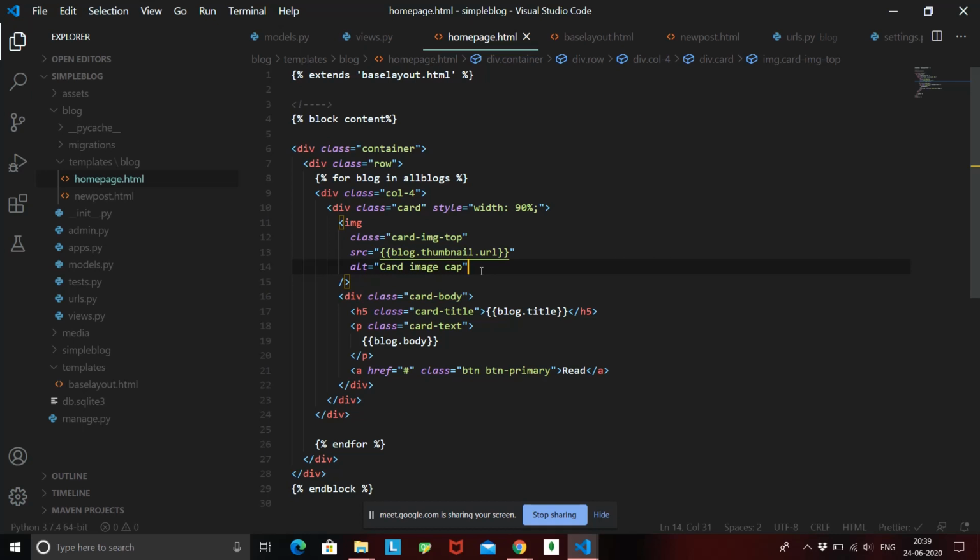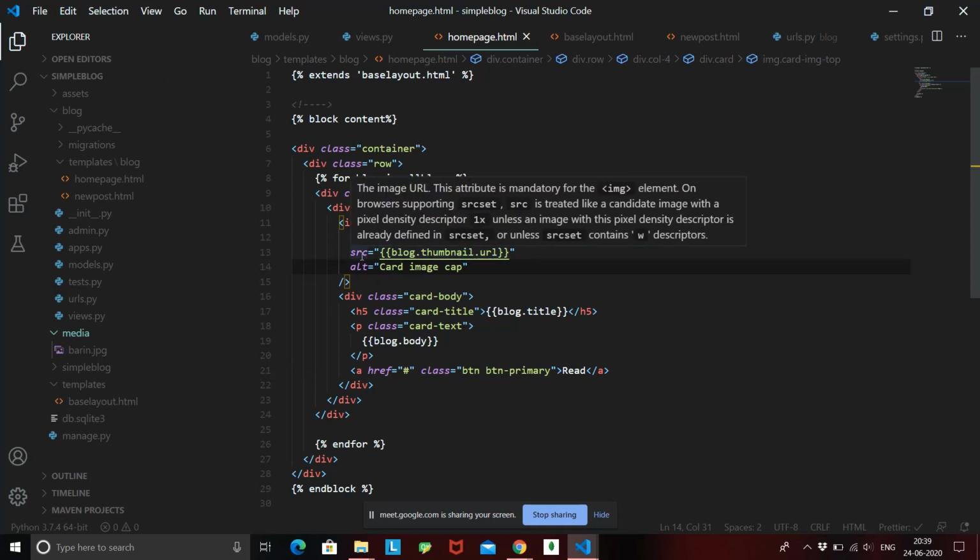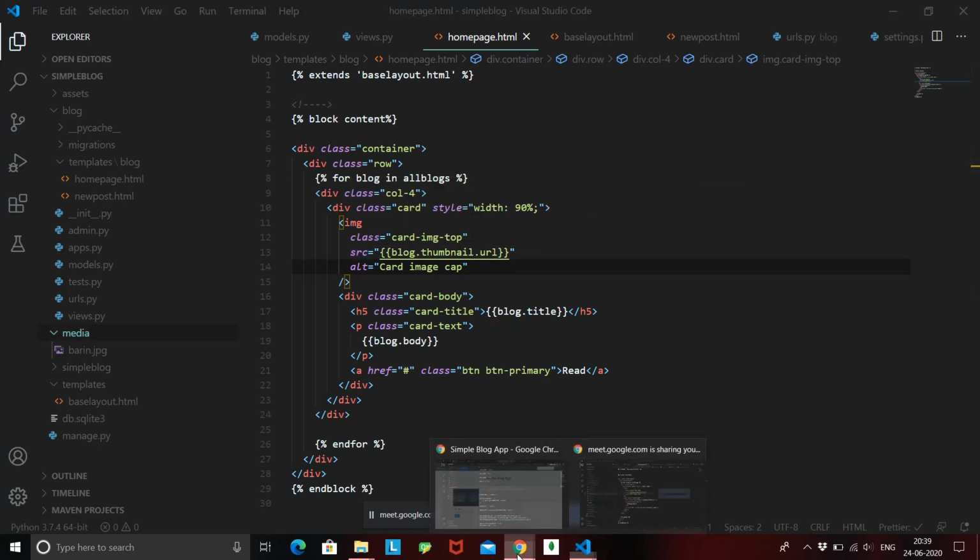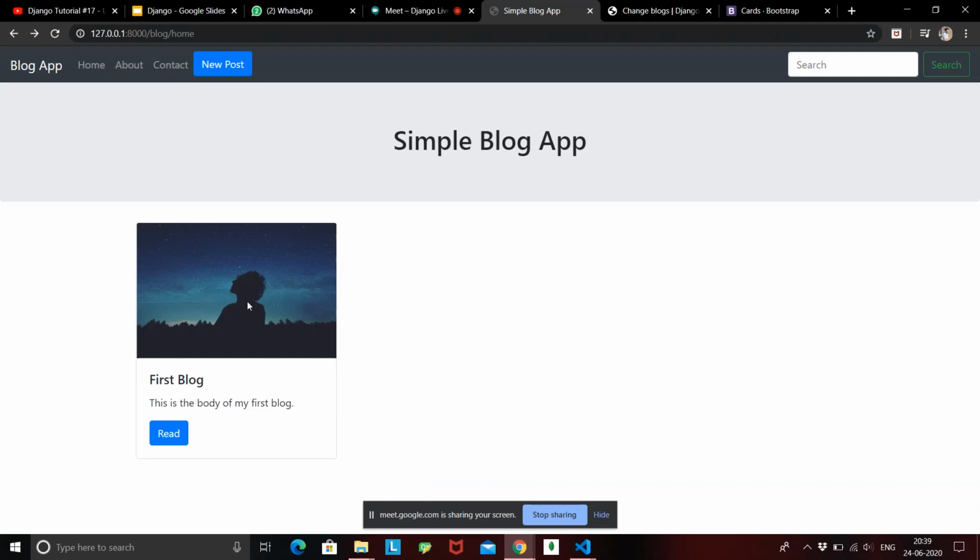Every media file that you upload will have a particular URL, and that URL is /media and then the media name. We know that this media is stored inside the media folder here. So that's why we tell it to take this thumbnail URL and assign it to this source. It is that simple, and we have successfully rendered out our first blog with an image.